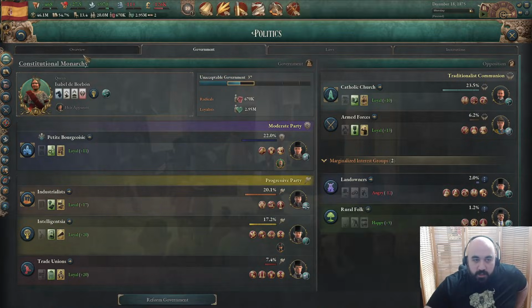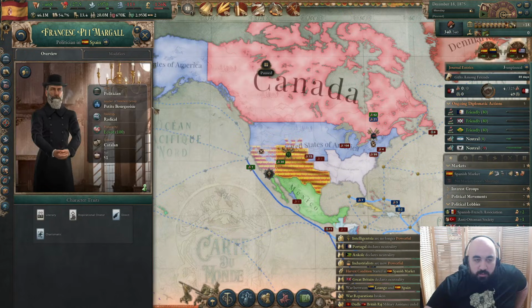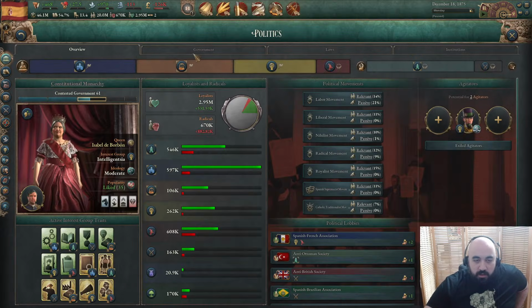We're going to do this, and then we are going to promote to government this individual, grant leadership, and so now the PB...